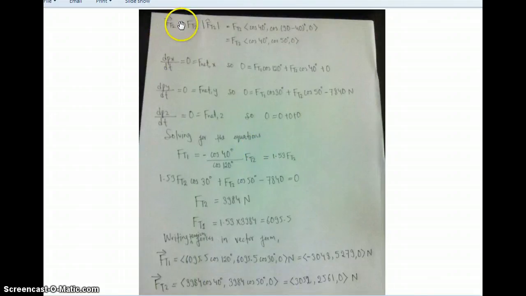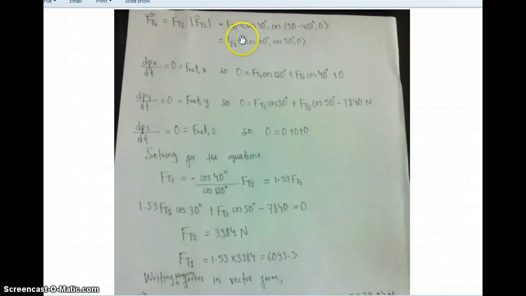Ft2 vector equals Ft2 times the unit vector in the direction of T2, which equals Ft2 times (cos 40 degree, cos 90 minus 40 degree, 0), which is in the y direction, comma 0 in the z direction, and Ft2 equals (cos 40, cos 50 degree, 0). In the x direction, dp, the change in momentum over change in time, equals 0, which means